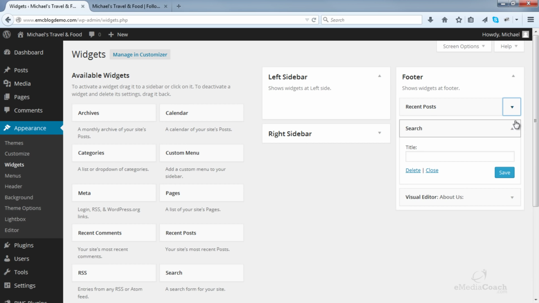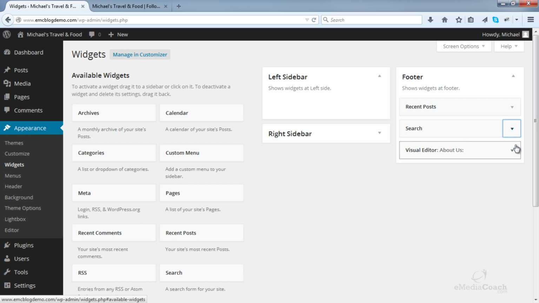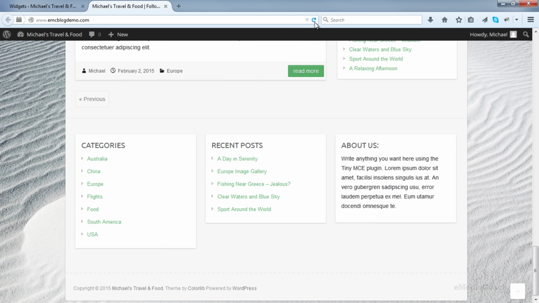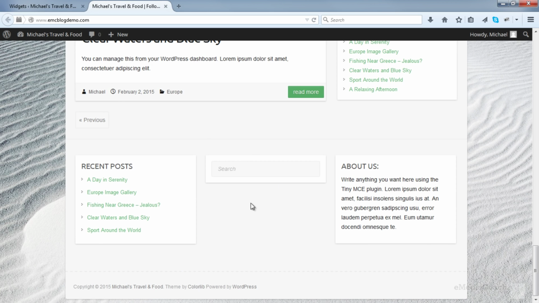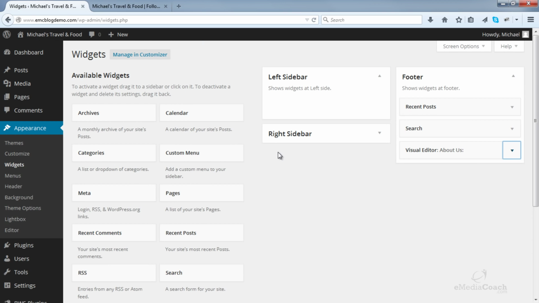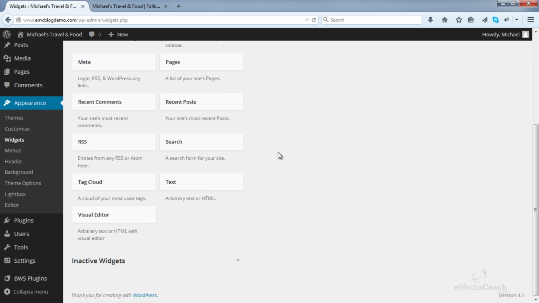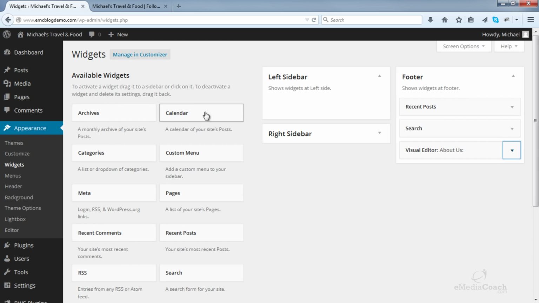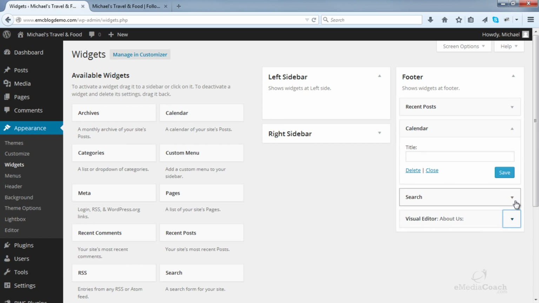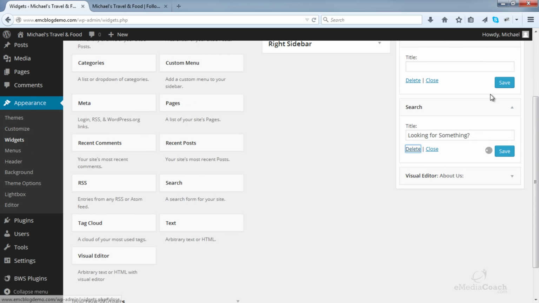So now we've got recent posts, search, and some free text. So that's saved. And you'll see the search comes up there. Another thing you can do is add a calendar. I'll delete the search.